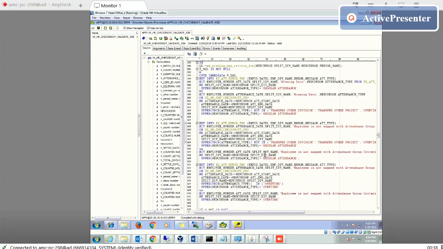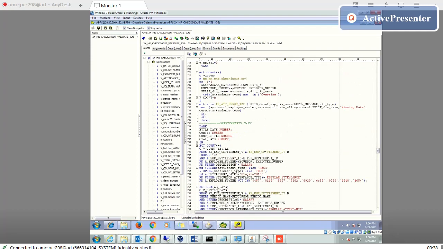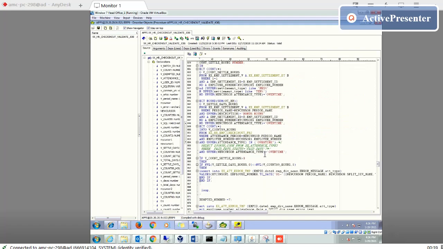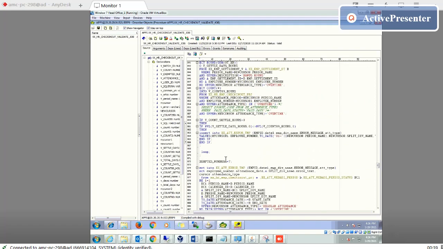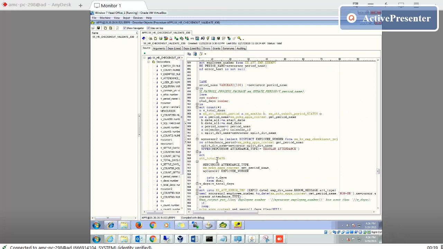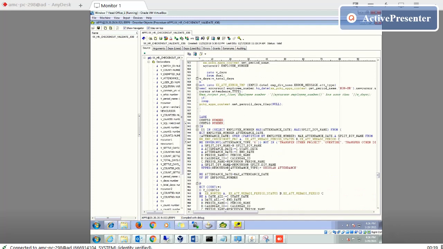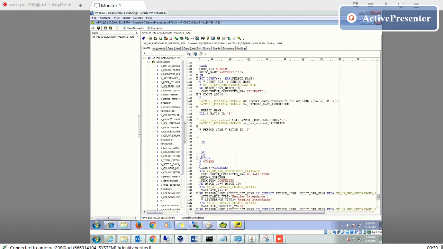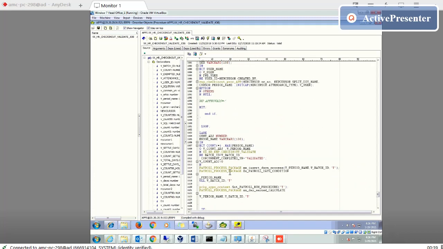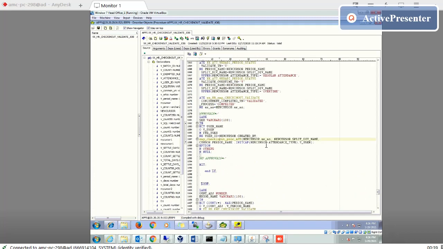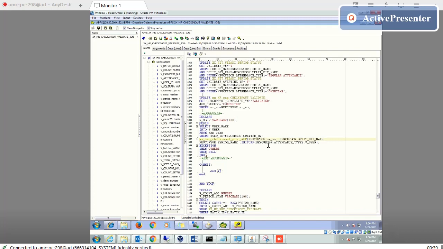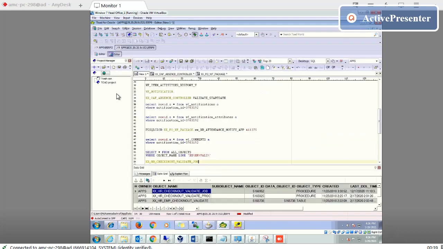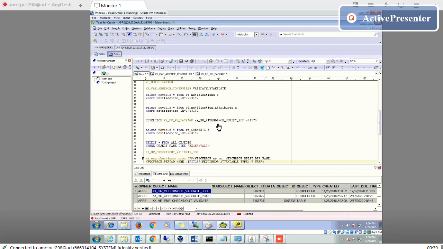Wait. Package. Okay, this one. This is the code I wrote for submitting the approval of the customized payroll.